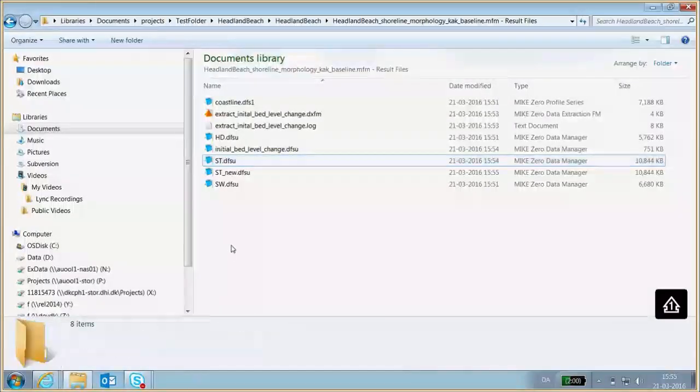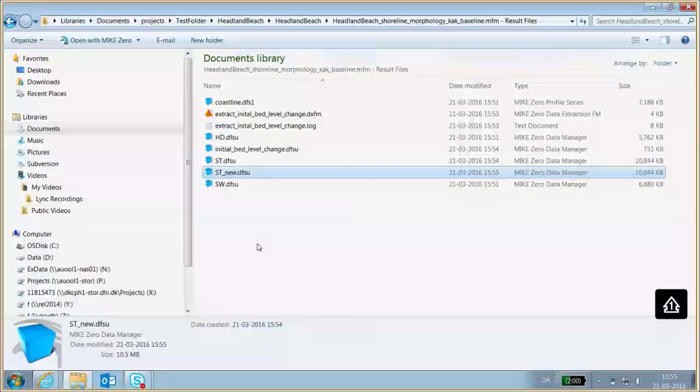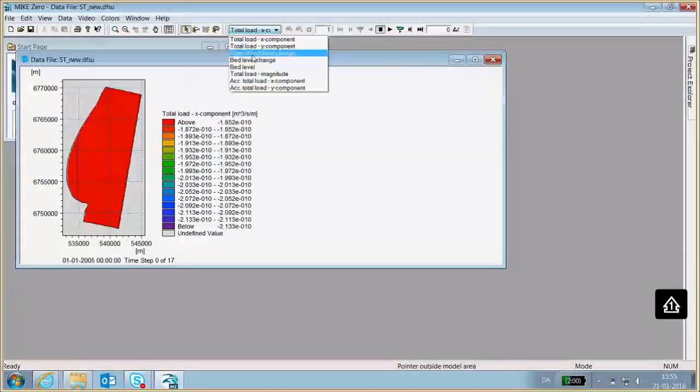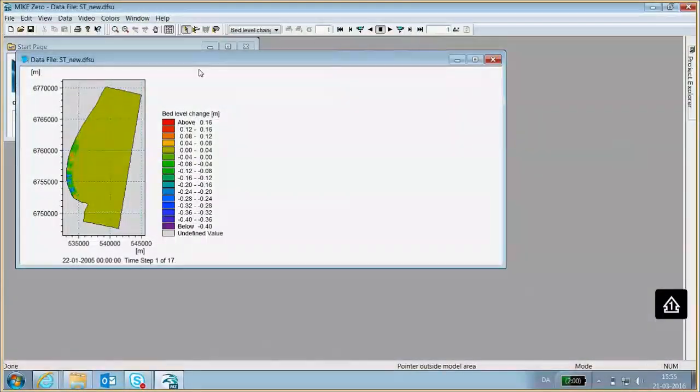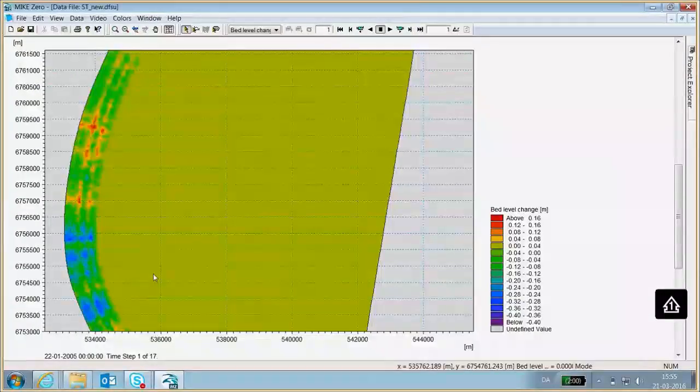So now we're going to introduce an offshore breakwater, which can help to mitigate some of this erosion that we are seeing. So again, the erosion that we are seeing is located in this area. So let's say maybe we had some critical infrastructure located in this area here that we wanted to protect. Then we could introduce an offshore breakwater along this shoreline here, place it at the correct location, and then we will see if we can alleviate some of the erosion in this area.